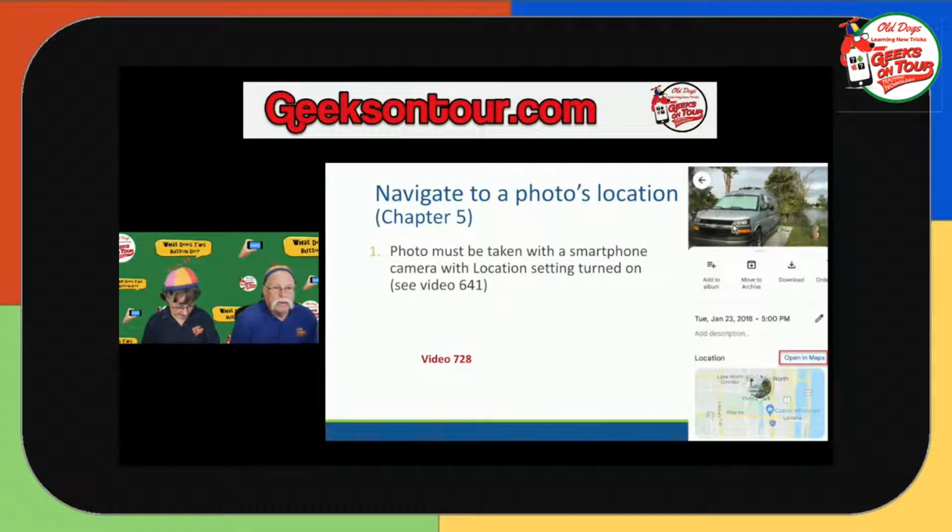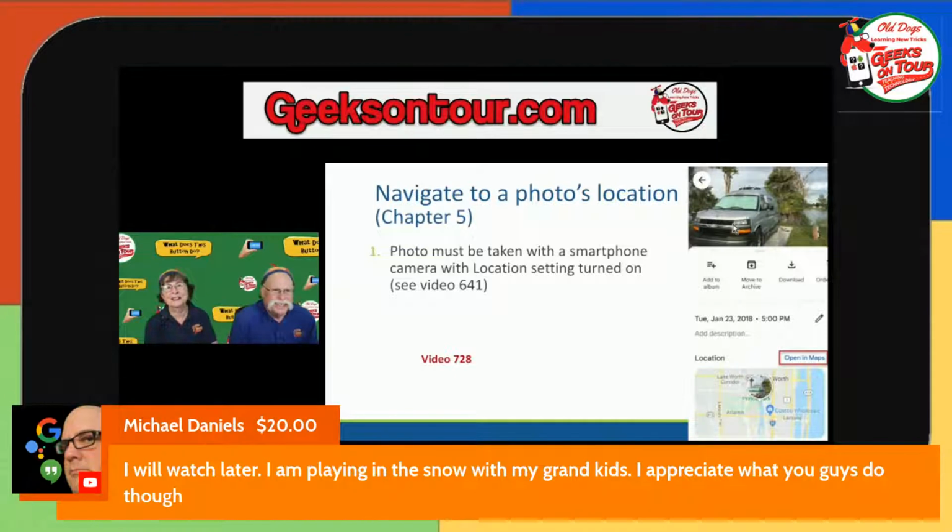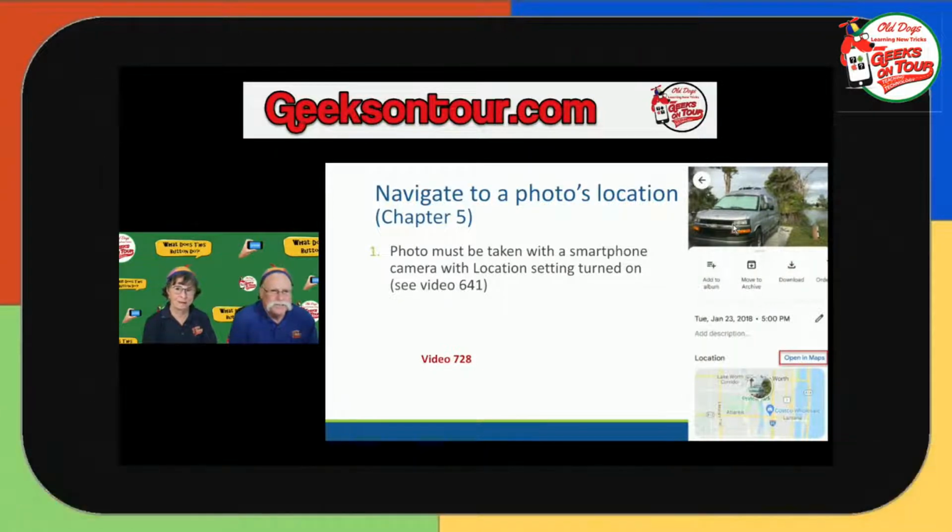So, navigate to a photo's location. Now, here's another one that I have often said is my very favorite feature. If you are a traveler, you use this a lot. Even if you're not a traveler, there are amazing things that you can do with this. Any place you ever want to go, just take a picture the first time you go there, and you'll be